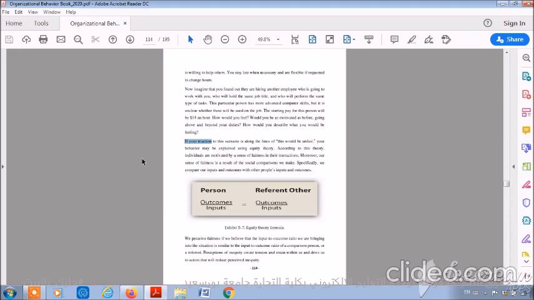According to this theory, individuals are motivated by a sense of fairness in their interactions. Moreover, our sense of fairness is a result of the social comparisons we make. Specifically, we compare our inputs and outputs with other people's inputs and outputs. So, according to the equity theory,